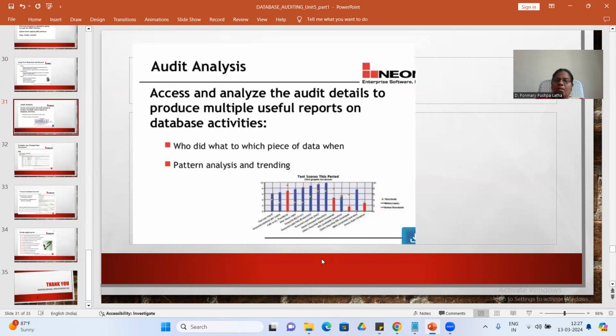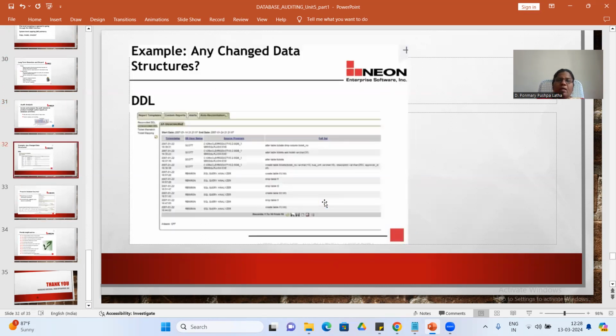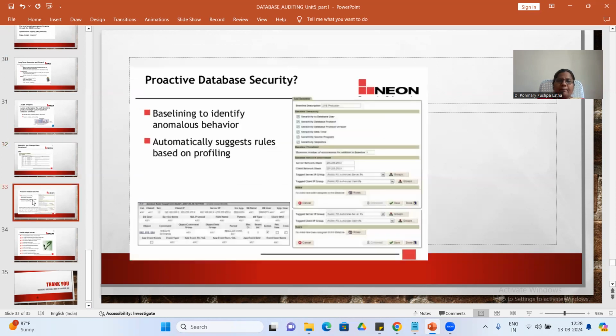The audit analysis you can draw as a diagram; pattern analysis graphs you can draw. For example, in the DDL, in a table, whatever you are modifying and who is modifying that data, you can maintain it.